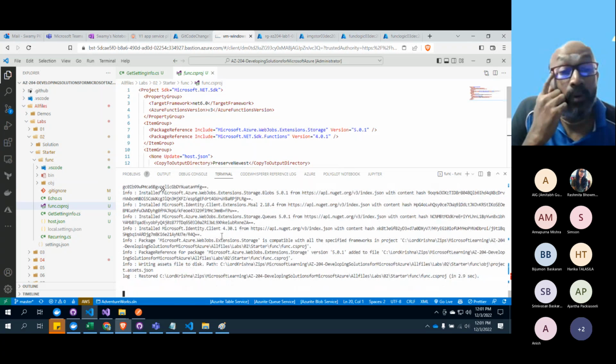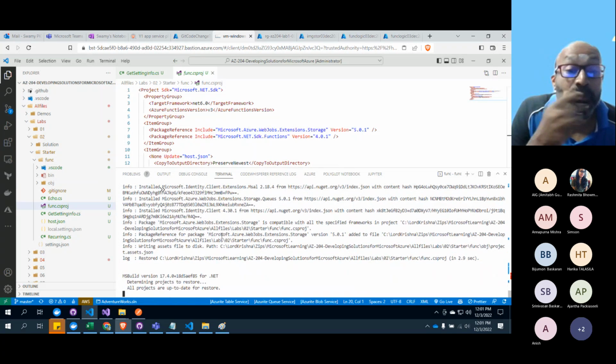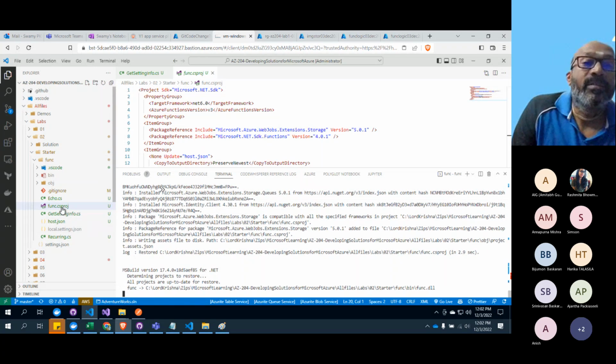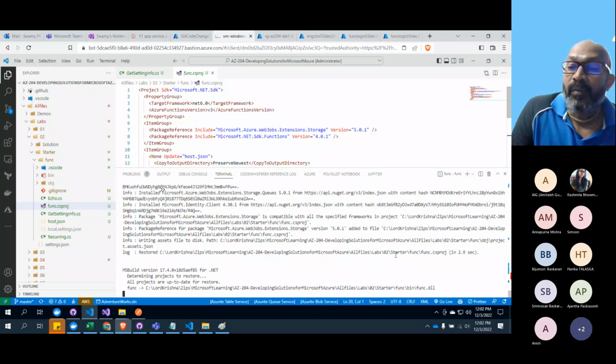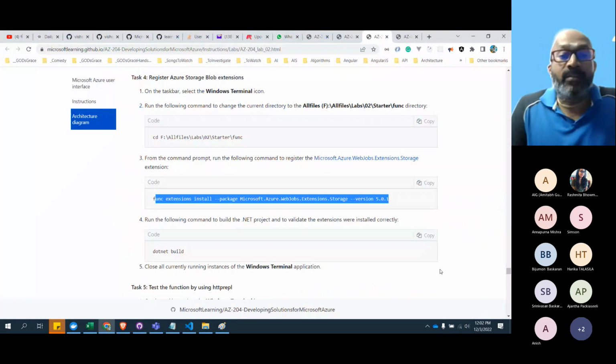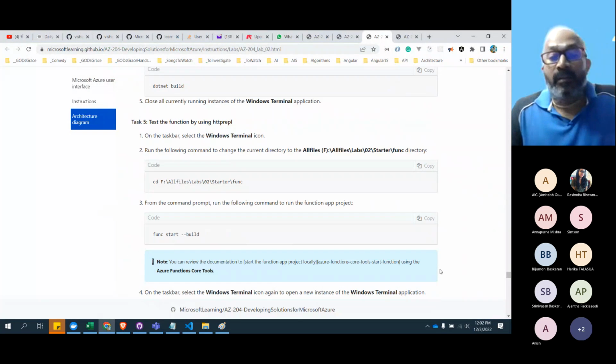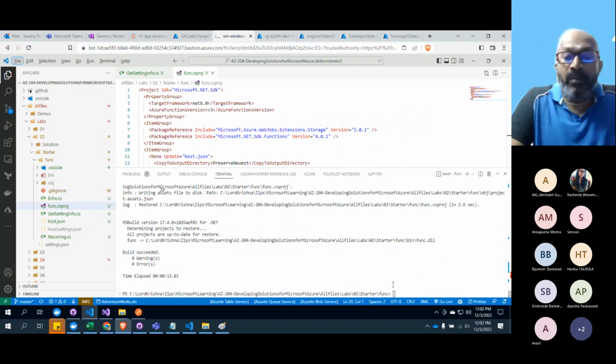I think we might need to go to Visual Studio 2022 to fix this because the project itself is .NET 6. We are installing a library which is lesser than that. I assume it might cause trouble. I'm not sure, but let's go ahead and see if it is building, then well and good. If it is not, then at least we'll know that we can't do such kind of misadventures.